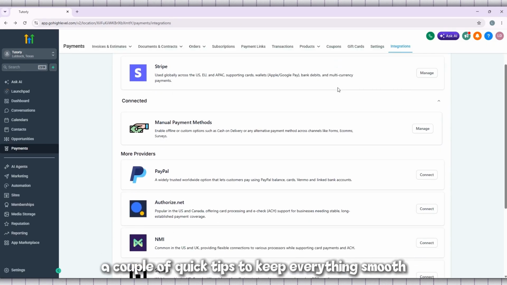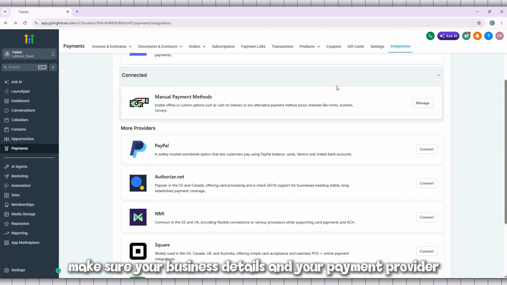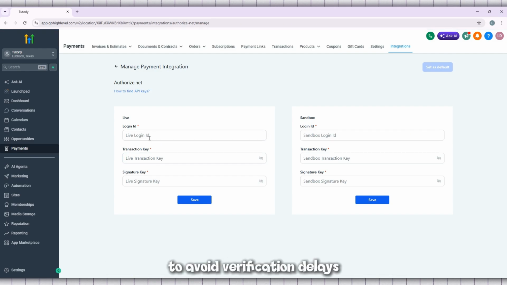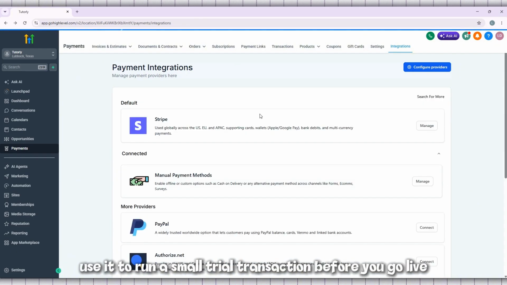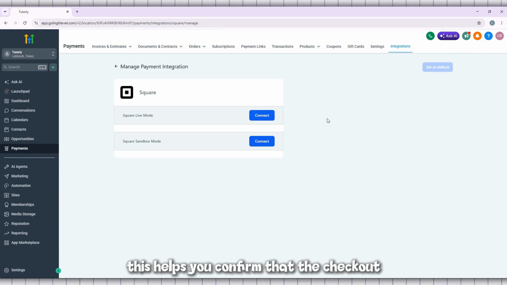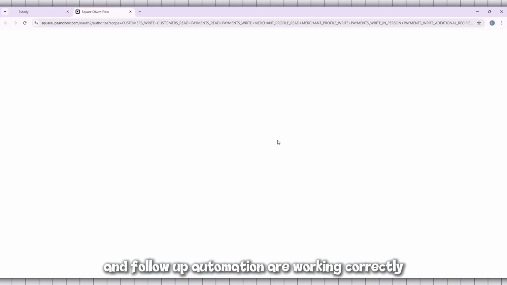A couple of quick tips to keep everything smooth. Make sure your business details and your payment provider match your GoHighLevel workspace information to avoid verification delays. If your provider offers a test or sandbox mode, use it to run a small trial transaction before you go live. This helps you confirm that the checkout, payment confirmation, receipts, and follow-up automation are working correctly before real customers